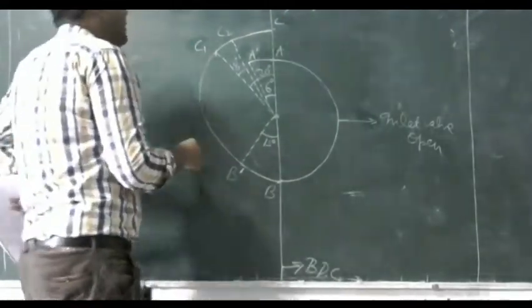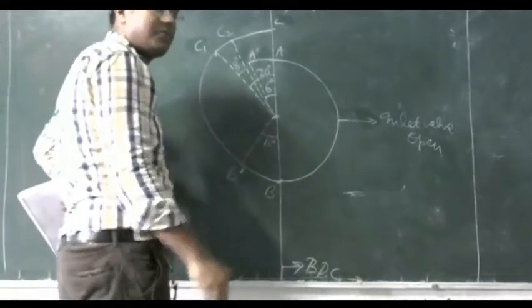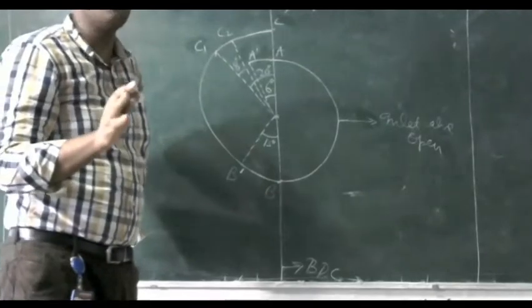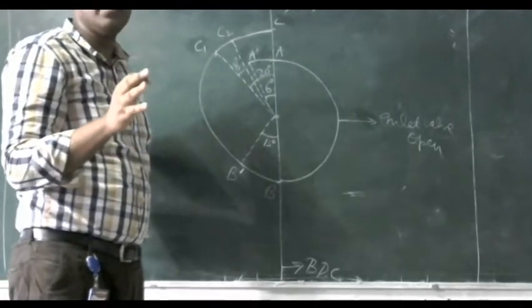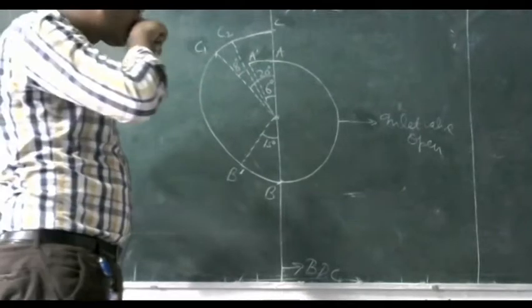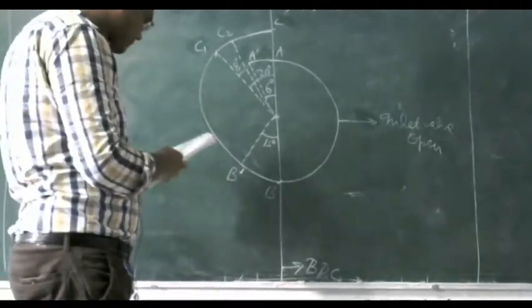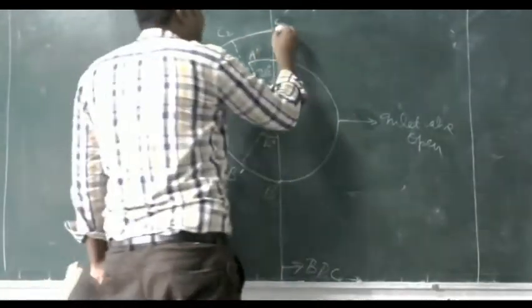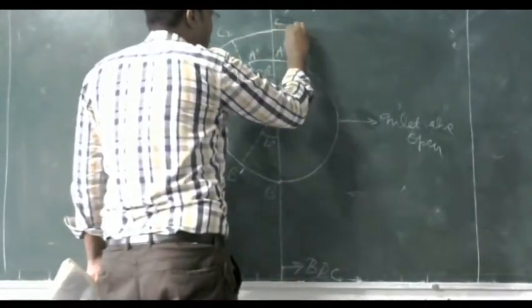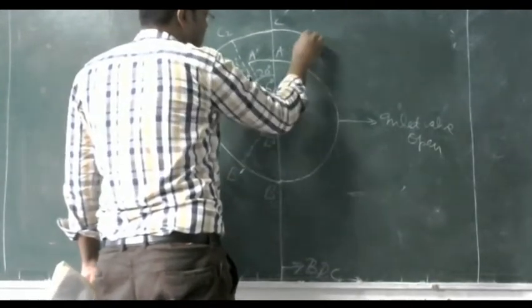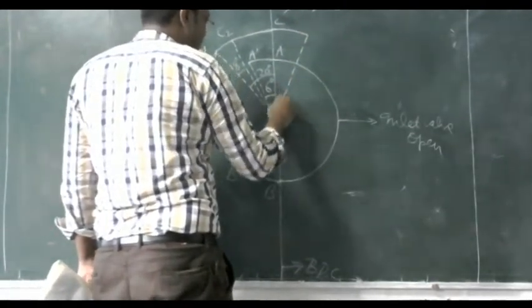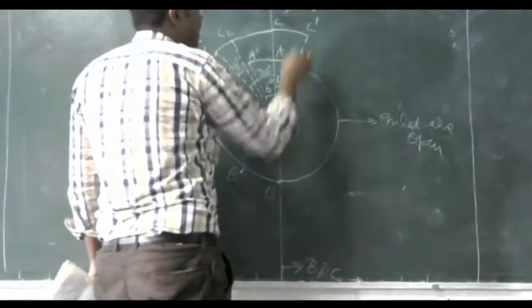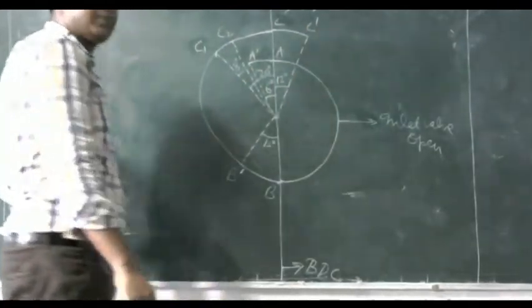Again, combustion cannot stop at point C, because first we have to stop the sparking action. To stop the combustion, to stop the ignition, first we need to stop the sparking action. So we will stop the sparking action after 12 degrees from point C. Here at C dash, the sparking stops.